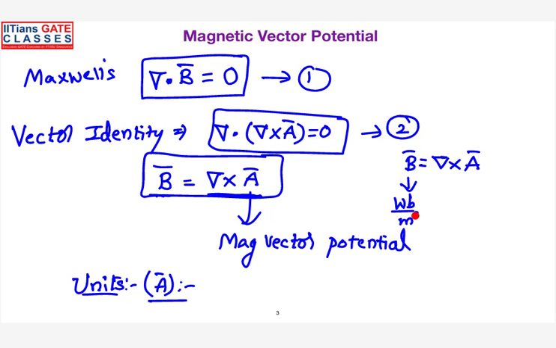So what is the unit of del then? The cross product is nothing but a magnitude multiplication, and of course there will be a direction. So when you look at the unit of del, it is in the order of per meter, since you are calling it dou by dou x, dou by dou y. So it is per meter. So now you can easily define: the unit of vector potential is Weber per meter.